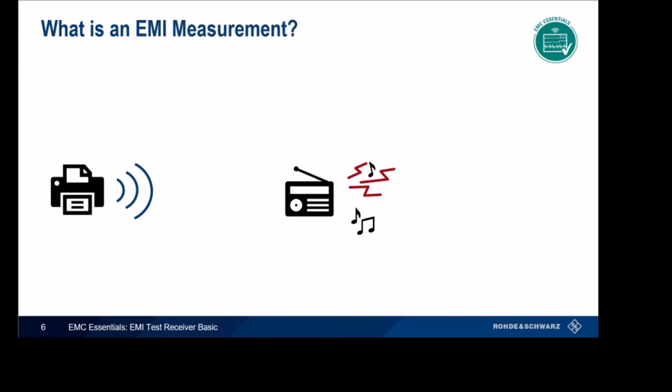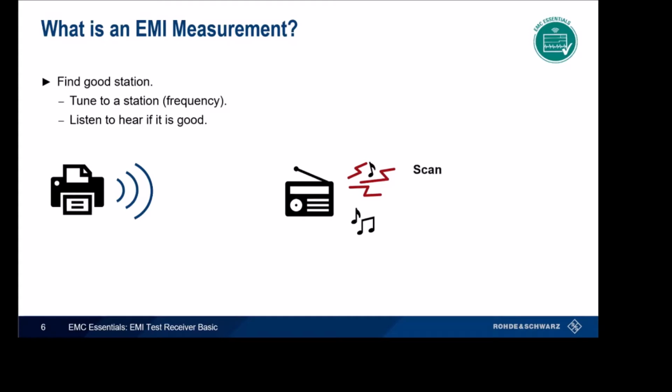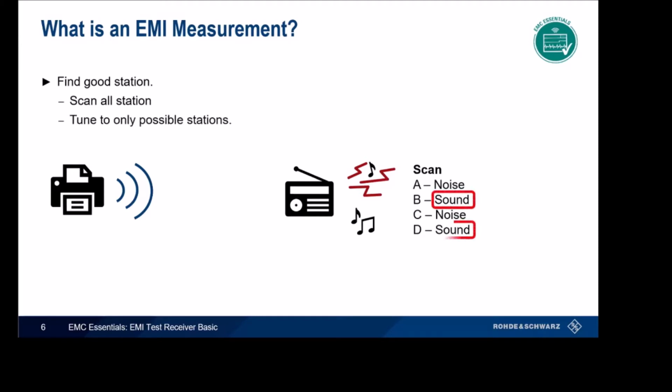Let's look at what EMI measurements is. Starting with the previous radio scenario, let's list the steps we did to find a good station. First was to tune to the station, which is a frequency. Then we listened to the sound of the radio to determine if the station was good. If we wanted to find all the good stations, we could use a function on the radio called scan. The scan function would automatically tune to all the stations and play a short bit of sound out of each station. We can then tune to only the stations that had sound, and once tuned to the station, we would